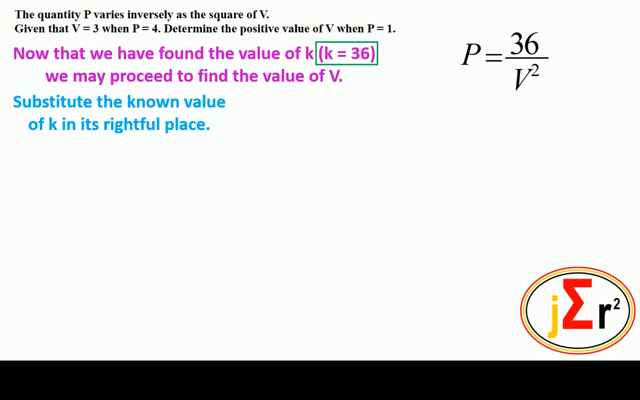What else do we know? Because we need to be able to find the value of V, and for us to find the value of V, V has to be the only unknown in the equation. V has to be the only unknown. There we have it again. The value of P is equal to 1. And this verifies what we said